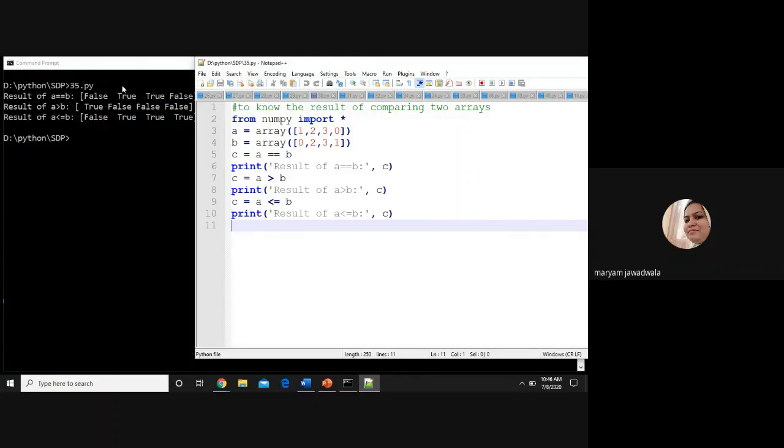Only the second element is true here, 2 equals 2. All other elements are false. Next, A greater than B: the result will be true, false, false, and false. Likewise for A less than or equal to, the output is reversed. Hope you understand how to compare two arrays using relational operators.